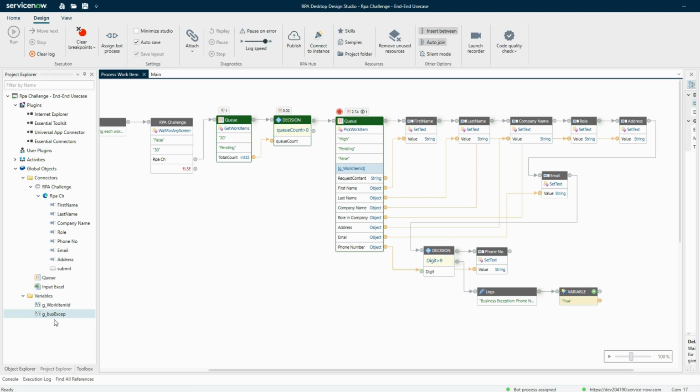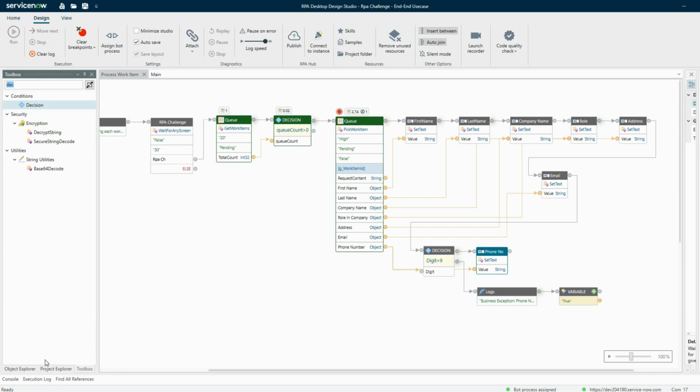By default, the value for every boolean is false. So if it is not coming, it's false, and I assume that we will not have any business exception. If we have a business exception, we could make some decision based on that. Okay, now that we have done everything, and also checked whether the phone number is a single digit or not,